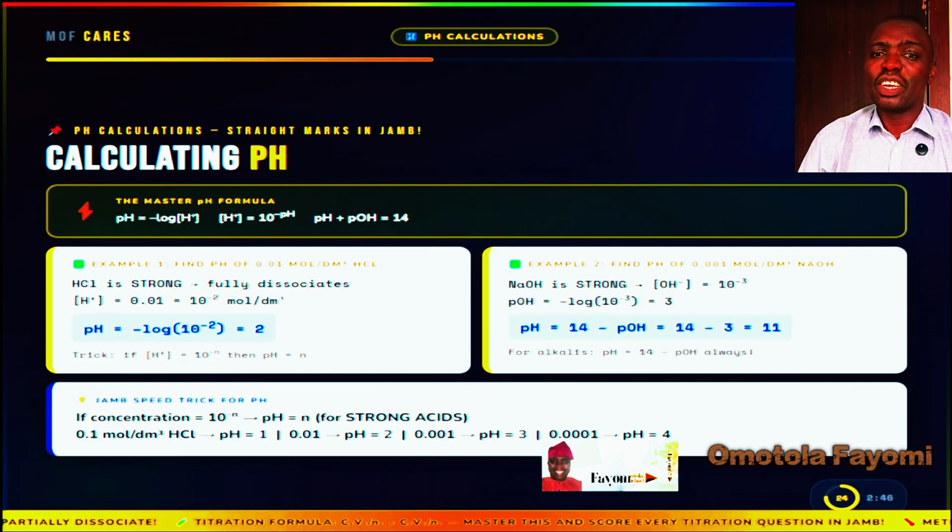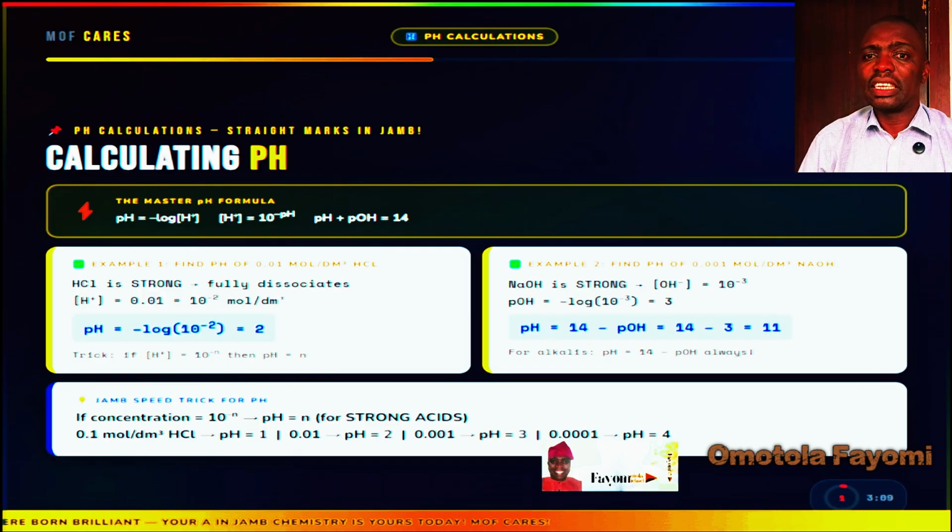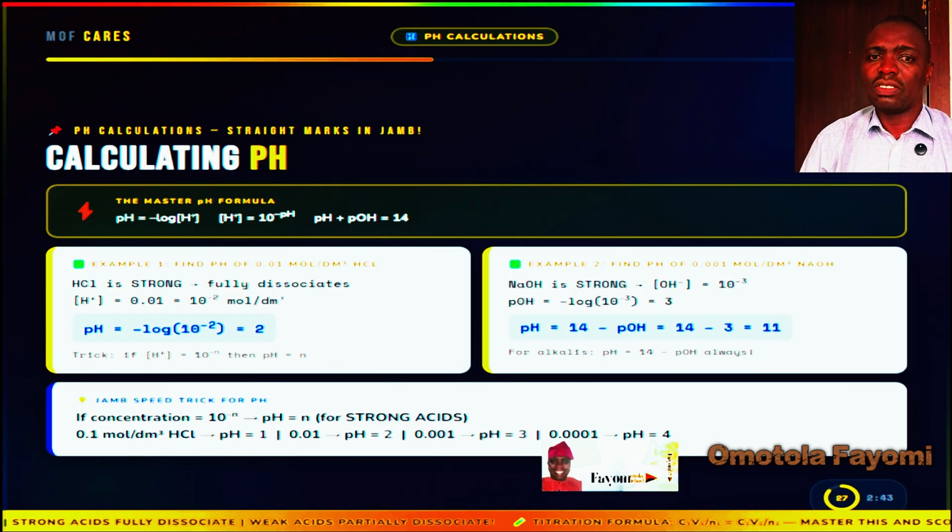Example 1: What is the pH of 0.01 mole per dm cube hydrochloric acid? Step 1: HCl is a strong acid, so it completely dissociates. That means the concentration of H+ ion equals the concentration of HCl, which is 0.01 mole per dm cube. 0.01 is the same as 10 to the power of negative 2. So pH equals negative log of 10 to the minus 2, which equals positive 2. pH equals 2. JAMB speed trick: whenever the concentration is 10 to the negative n, the pH is simply